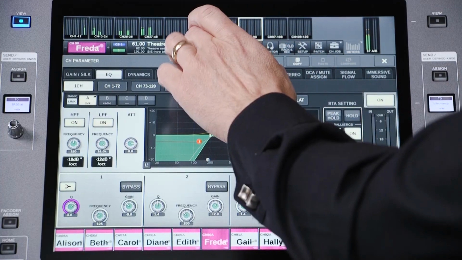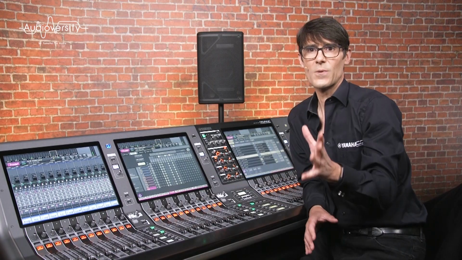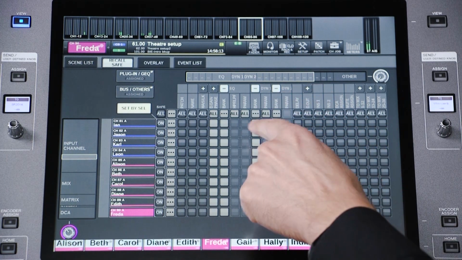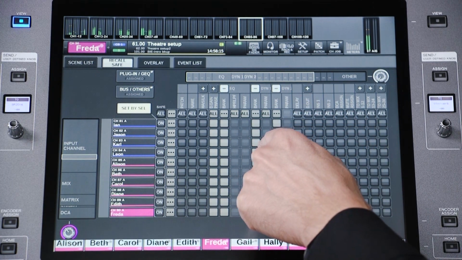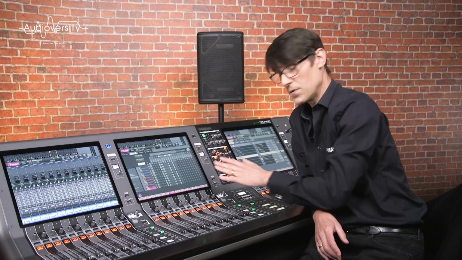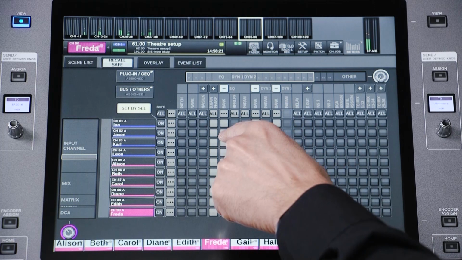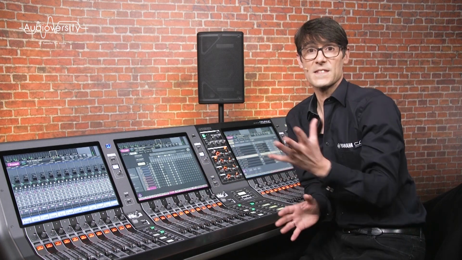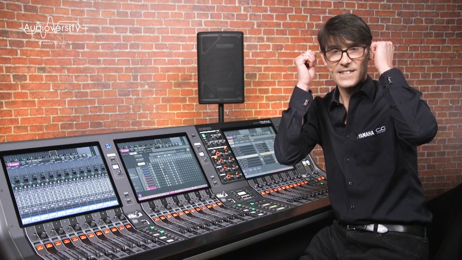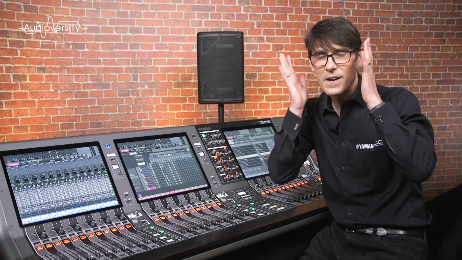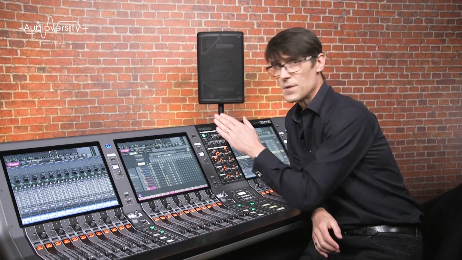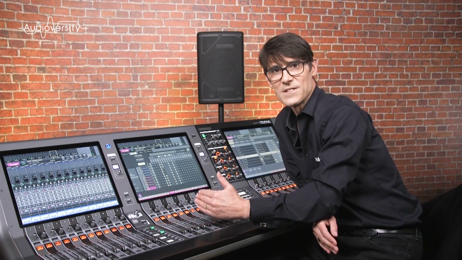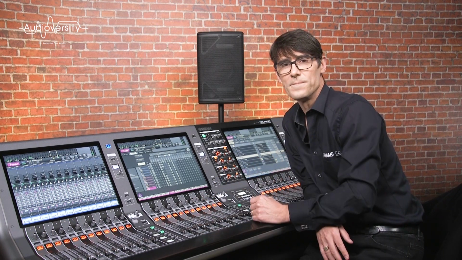Take a look in the Recall Safe grid, and it will help to explain. The EQ and dynamics parameters for input channels are no longer available for Recall Safe. They are not included in the scenes, but the bank selection is there. So the scene can recall whether a bank for singing is needed or a bank for wearing a hat, which may be partially covering the mic and changing its sound. But the contents of the bank comes from the actor library, so it depends on which actor is assigned to that channel for the show.